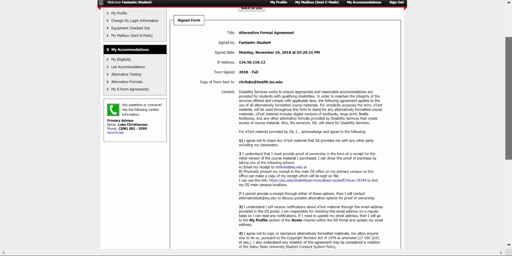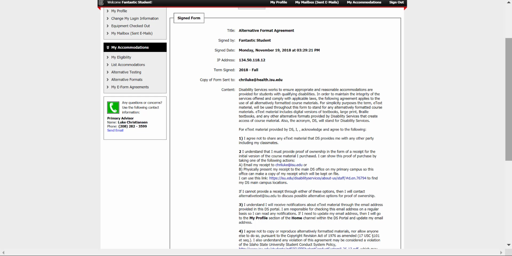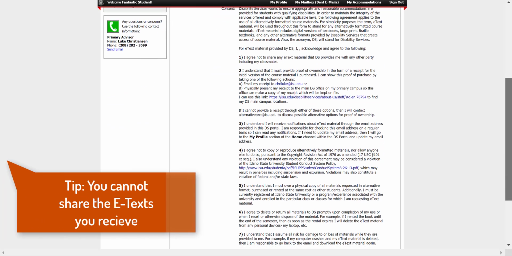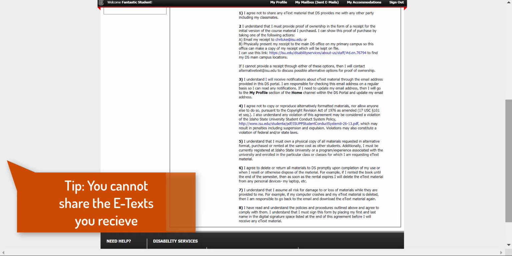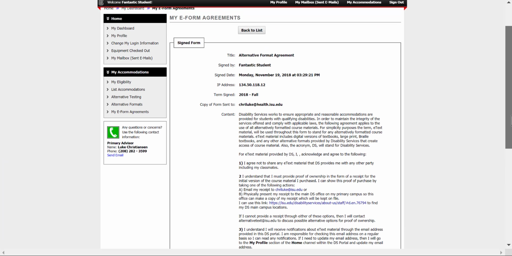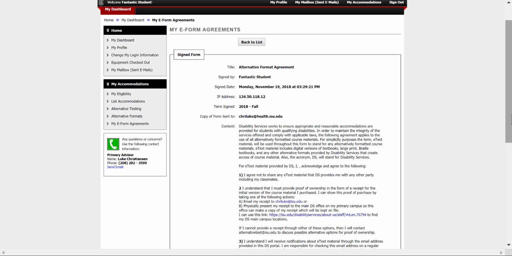So what does this form say? Our alternative format agreement is about copyright. You will be provided with a copy of certain books and textbooks which are copyrighted material. So this is agreeing that you will not be sharing that material with your classmates or posting it online or selling it, and that's just really acknowledging what you as a student have a responsibility to do if you receive e-text through our department. So once you have signed in and you have completed your alternative format agreement, the next